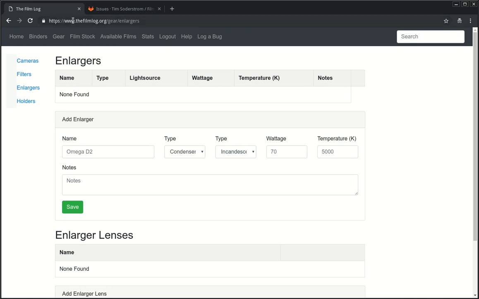You can certainly use www.thefilmlog.org. Right now, anybody can use it for free. If it starts getting expensive, I might ask people to help cover the hosting cost, or maybe I'll have premium features. I don't know. The whole point is I don't want to put ads on this thing, and I want to keep it open source. And on that note, you can also just download your own version if you'd like